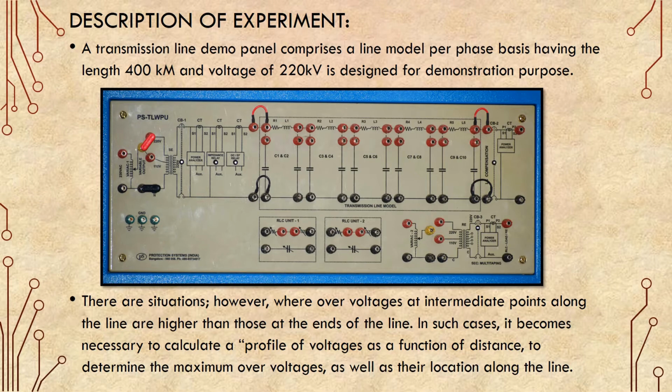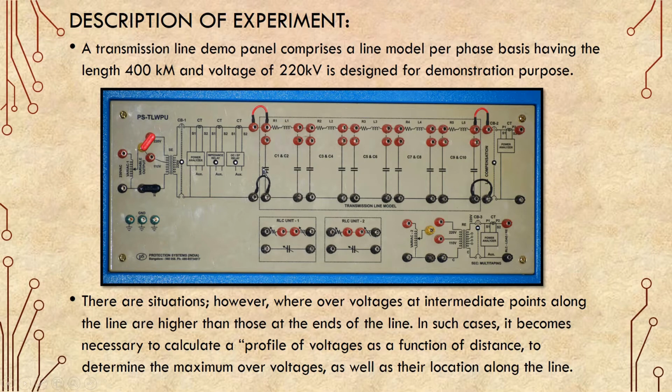Once we make a model of a transmission line, whatever voltage changes in volts or current changes in amperes, that same thing will reflect in the real transmission line in terms of kilovolts or kiloamperes. If that is reflecting, then we can tell that this is the model of a transmission line. So this is modeled for the 400 km, 220 kV transmission line. That means all the parameters per kilometer, such as resistance, are designed here so that 80 km is able to perform, and you can join 80 km sections to make the 400 km transmission line.